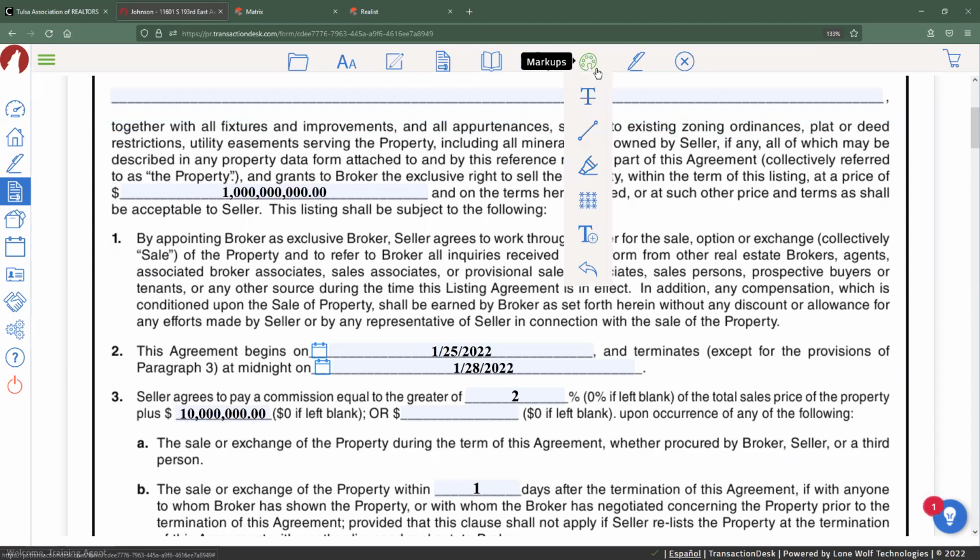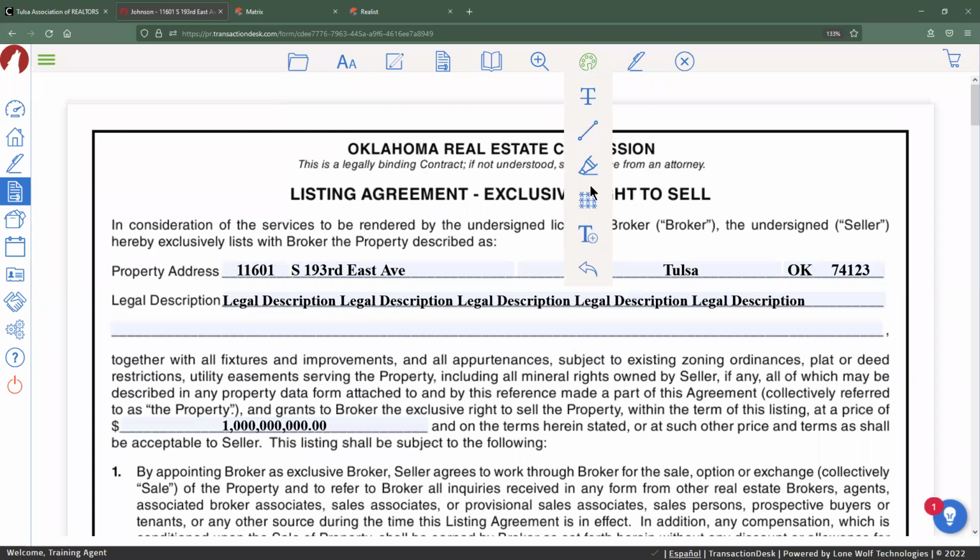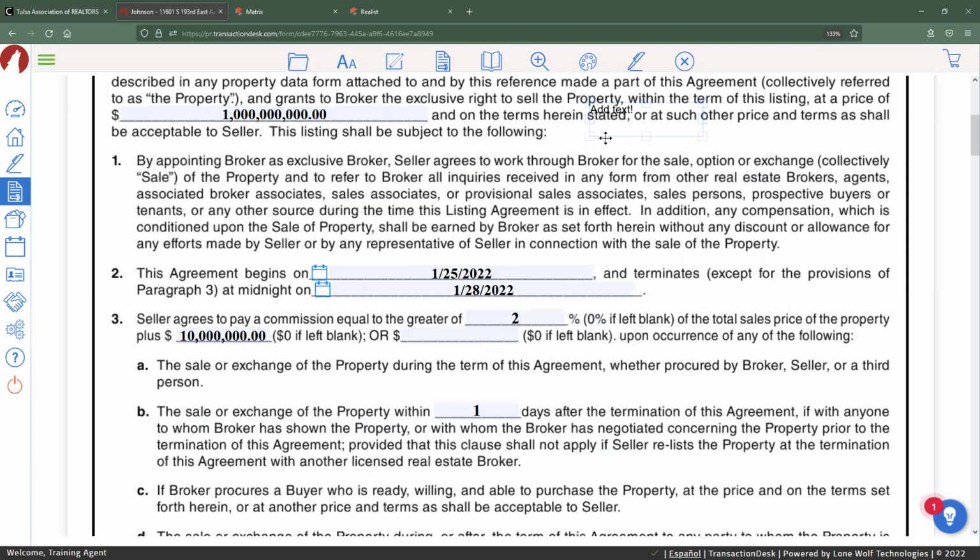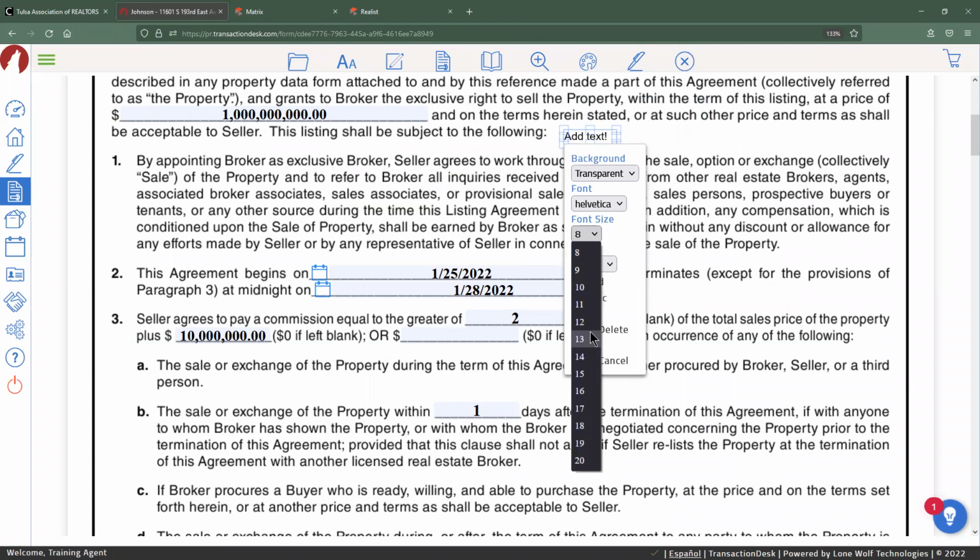All right. There are some extra options on here, some of which are actually going to be familiar once we start getting into the other systems as well, but they all have the same functionality. A highlight's still going to be a highlight no matter whether you're clicking on that button or another elsewhere. Annotate just adds in a space for us to add text. So for instance, if there was something on this particular form that needed to be filled out, but for whatever reason it wasn't letting me, I can annotate that and put the text in wherever I need it. And again, right click on it, gives us a whole slew of options.